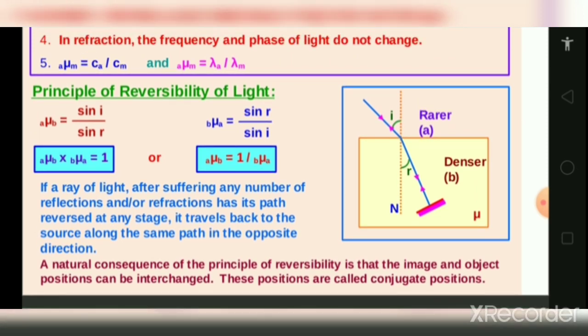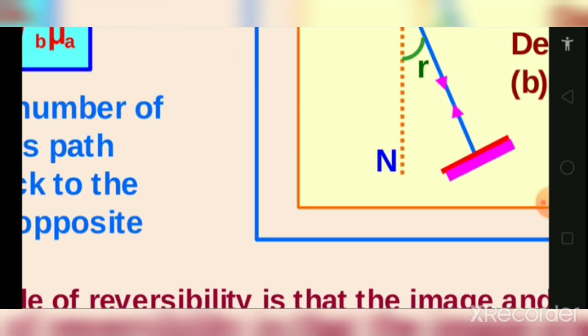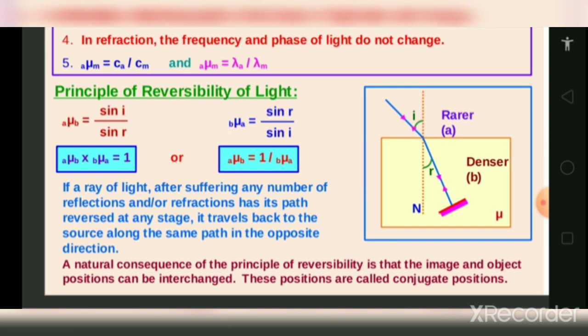The refractive index of a medium with respect to vacuum is called the absolute refractive index. The ratio of the absolute refractive index of medium 2 to the absolute refractive index of medium 1 is the relative refractive index of the medium, which can be represented as n2 upon n1 is equal to sine theta 1 upon sine theta 2,